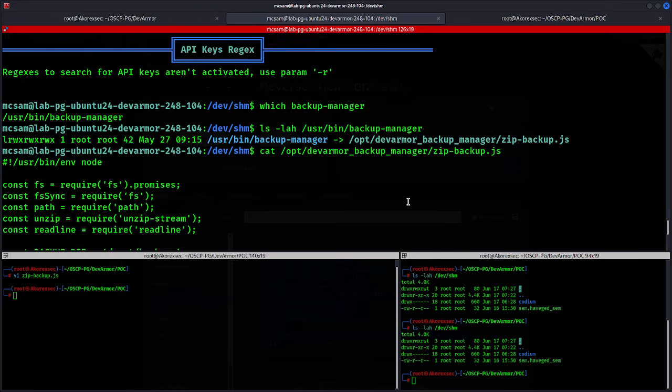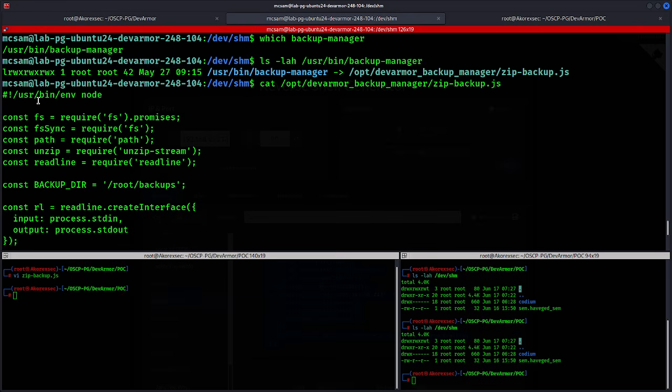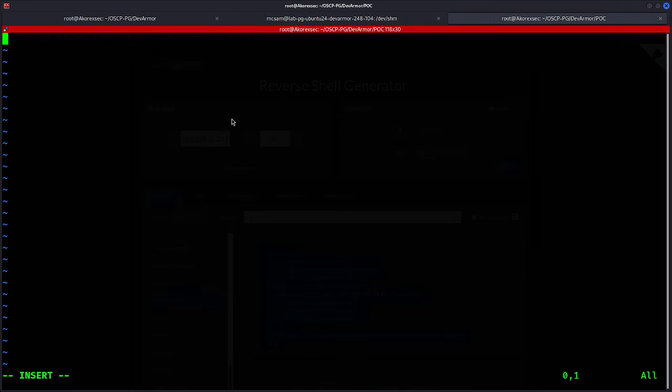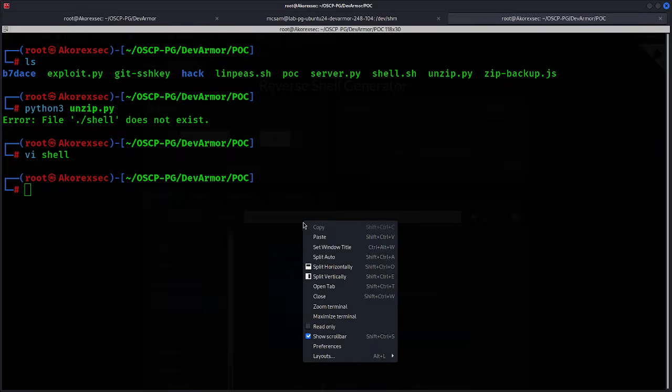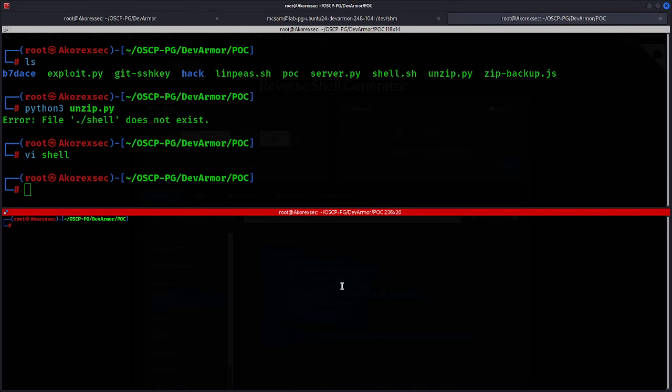We can do /usr/bin/env node, and then we can paste this. And for us to test if our shell is actually working, we have to run